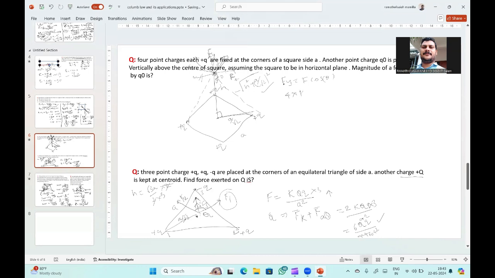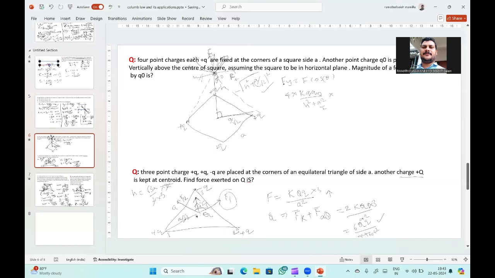F is equal to K into Q into Q naught by the distance squared. This is the distance between these two charges, so that is equal to h square plus a square by 2. Cos theta is equal to,